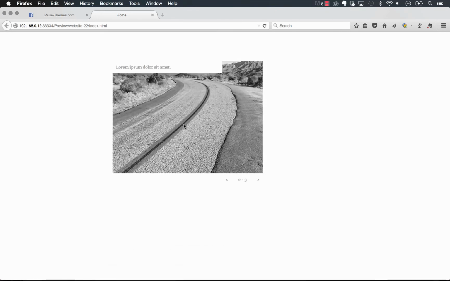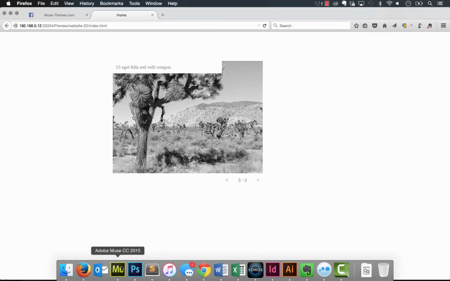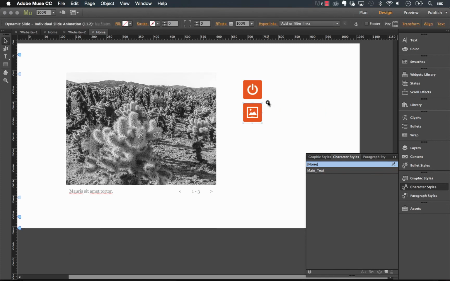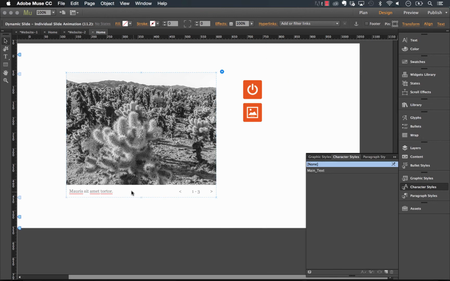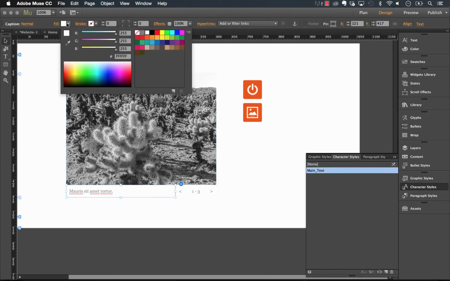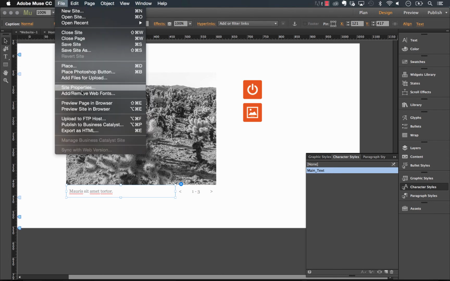So it looks a little bit strange like this without, of course, styling the text and removing the white behind the captions area. And then, of course, you'd go through here and you probably want to change some of these scaling settings. So let's maybe have it scale a little bit bigger. Let's have it go a little bit faster. We'll change the direction to, say, top right. Okay, and in the main text that we have here, we had it fading in down. Let's have it, say, zoom in, and we'll have it zoom in from the bottom left. Okay. And the last thing I'm going to do here is remove the white fill behind that caption. That doesn't look very good. Okay, let's preview that and see how it looks.